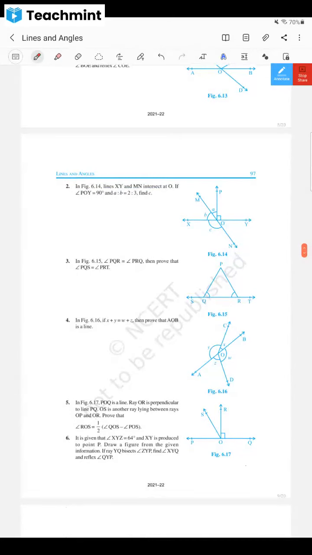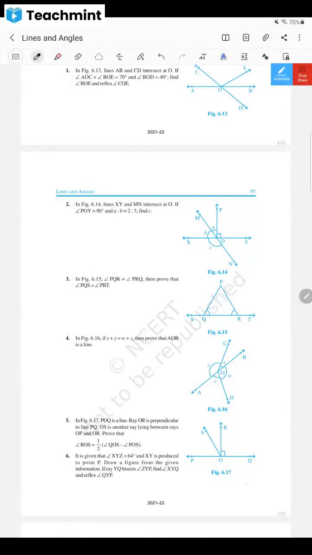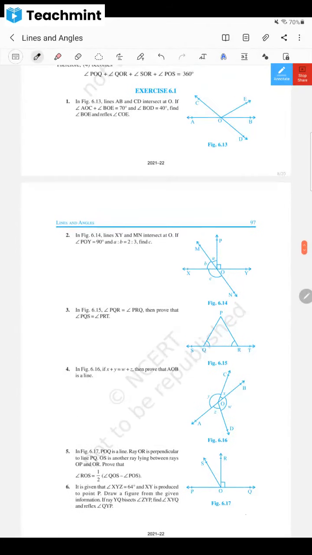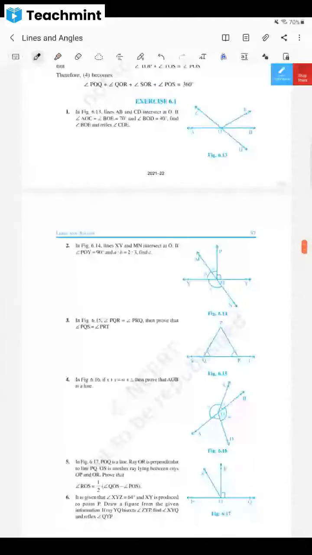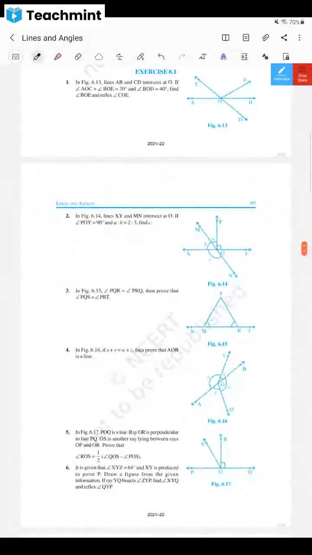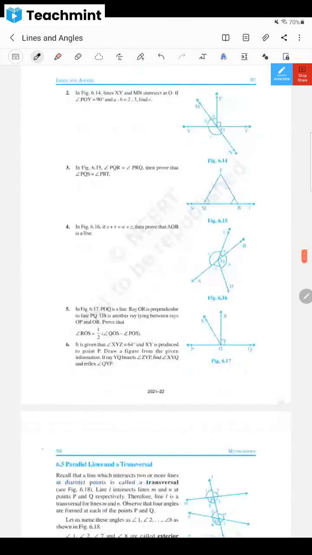Any other question? What doubts do you have? Please let me know, dear children. Otherwise, I will move to the second exercise. No doubt, right? All things are quite simple here. Once again, I'm giving a chance to those who want to ask a doubt. Please let me know what doubts you have. Otherwise, I'll move to the second exercise. Okay, all right. I'm moving to the second exercise.